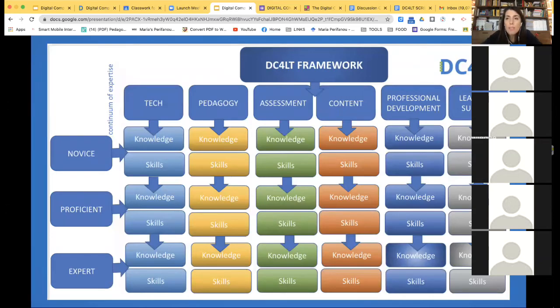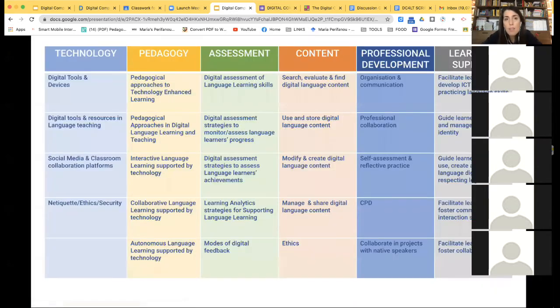And the idea is that there are different topics that are covered, and in each level, we have a set of statements: I can do different things, or I know different things. So I will show you what I mean by that. First of all, I want to show you the topics that we have here. There are questions related to knowledge and to skills that need to be acquired by language teachers